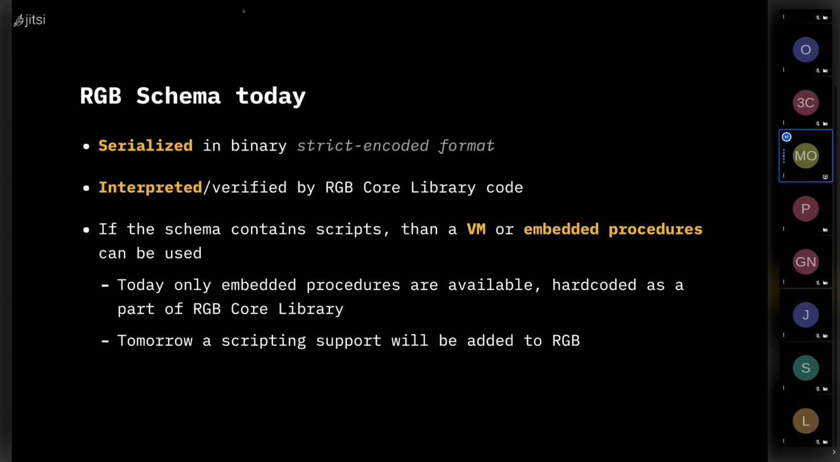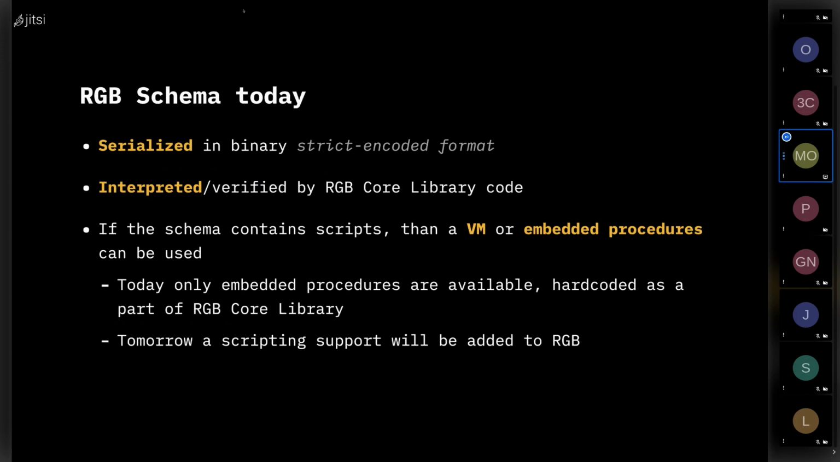However, if the schema contains scripts, then a specific virtual machine or some embedded hard-coded procedures have to be used. And today, with the current version, we have only embedded procedures. We don't have a virtual machine. So embedded procedures are basically procedures hard-coded into the core library. So we are hard-coding that the number of inputs must be equal to the number of outputs. We define this as a single procedure. And inside the RGB20 schema, we say use embedded procedure with this ID, which matches the procedure that checks the equivalence